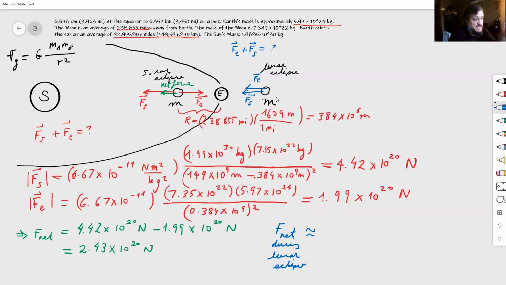At least FE will be the same, and FS doesn't change that much. I mean, if you want, just put a plus here and do it again. It'll be a very close number there. So pretty much 6.41 times 10 to the 20th